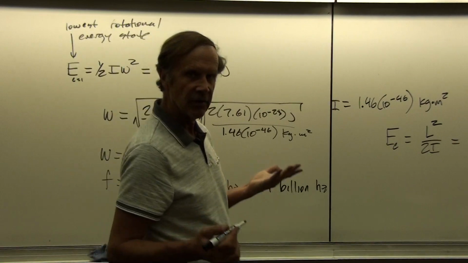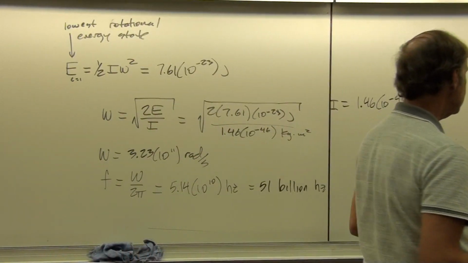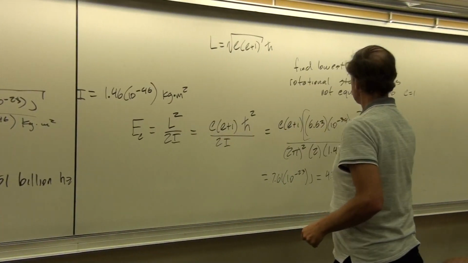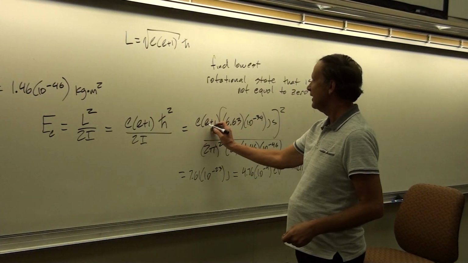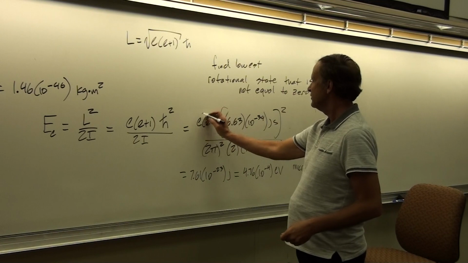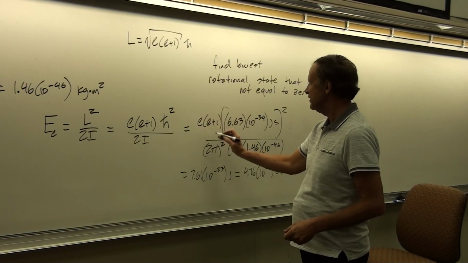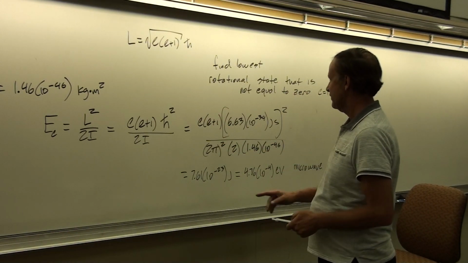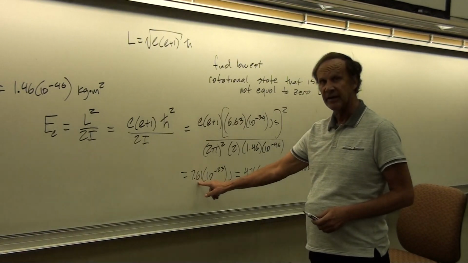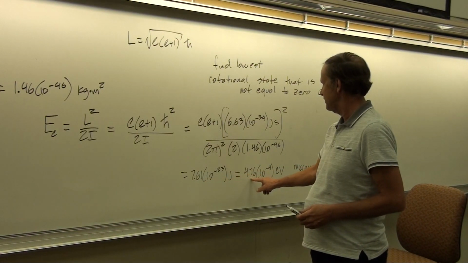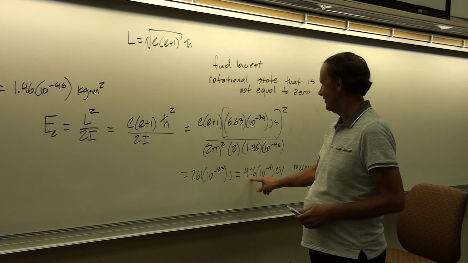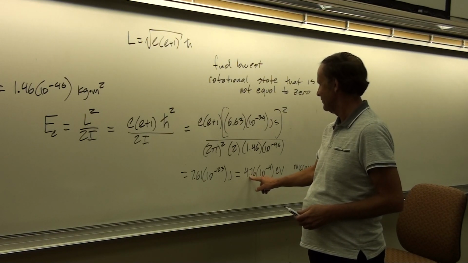So what would the next lowest one be? Well, the next lowest one would be when L equals 2. So if L is equal to 2 in this, then you'd have 2 times 2 plus 1 is 3. So instead of this being a 2, it would be a 6. Okay, and so that would be 3 times more than this. So your next energy would be 3 times more than that, or it would be something like here, 1.2 times 10 to the minus 3 electron volts. About 3 times this too.